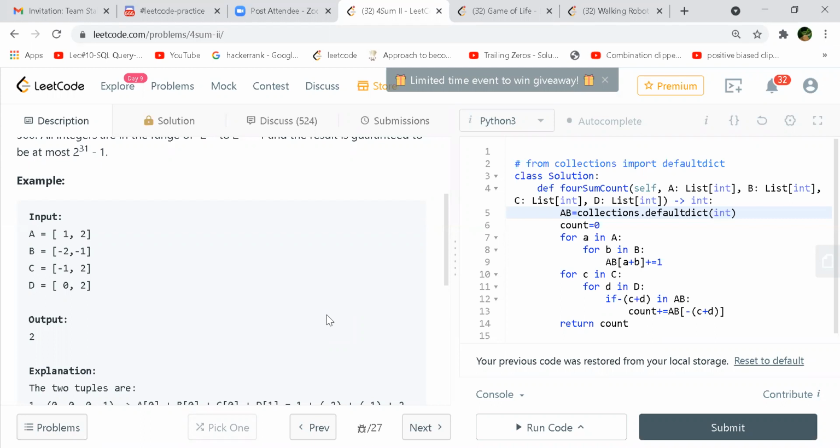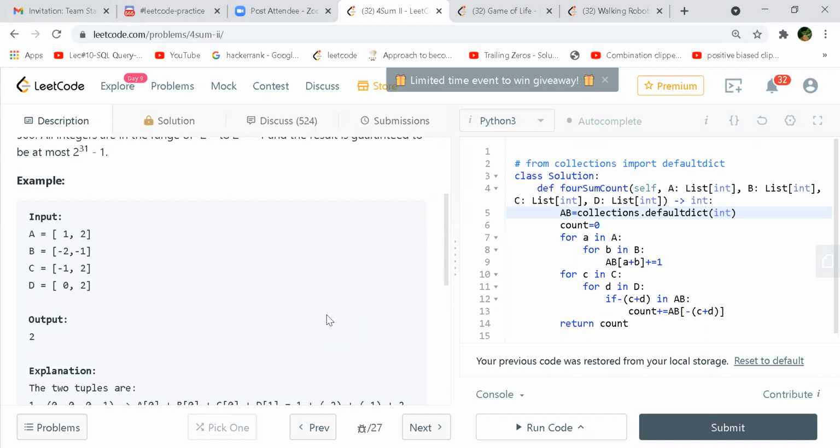We just add them to get the value to be 0. Yeah, but if there are duplicate elements, then there will be multiple pairs which will give that. So the ordering will be a little different, but the pair doesn't matter. You mean that will be a unique pair? No, we are not counting unique pairs. We are counting the number of pairs, whatever is possible.